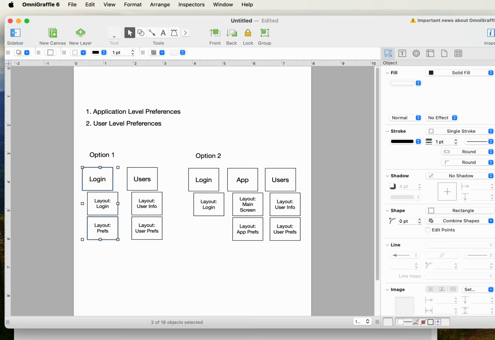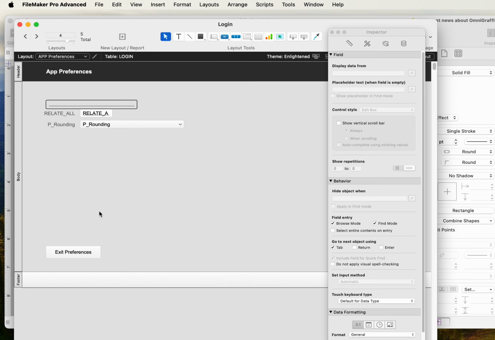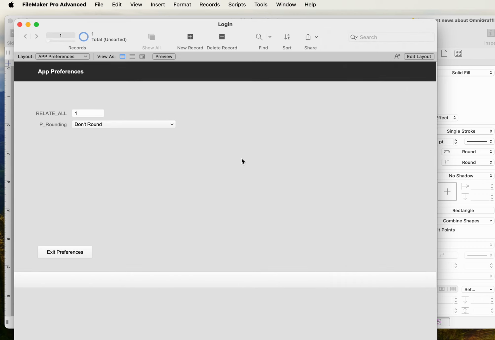But I built it basically like this. This layout, even though it's called app preferences, it's within the login table. And we set up a preference. We only set up one, and this relate all is another thing that you might hide. You don't ever need to see that again. Any record that's created from now on, which you should only ever have one,